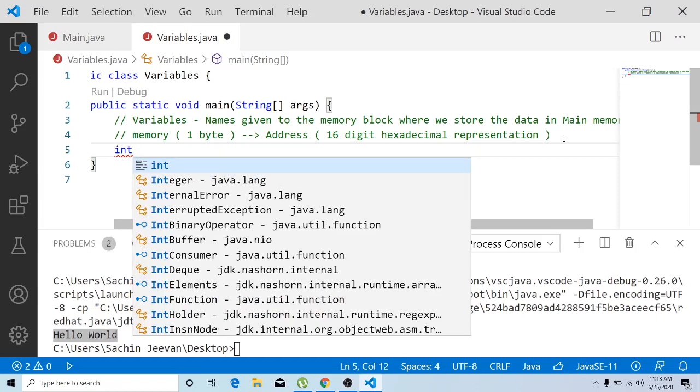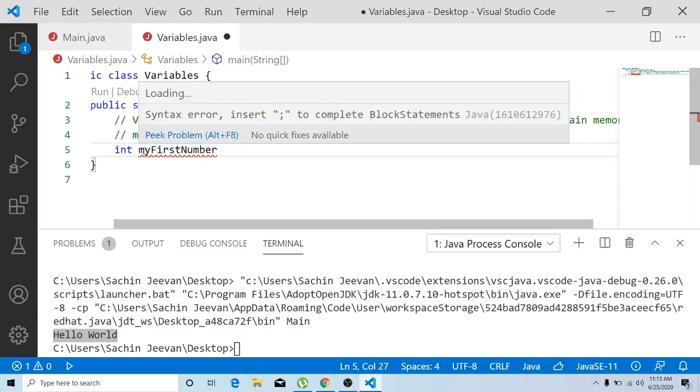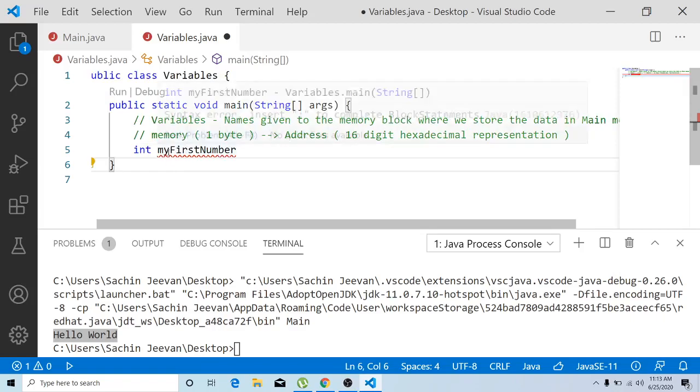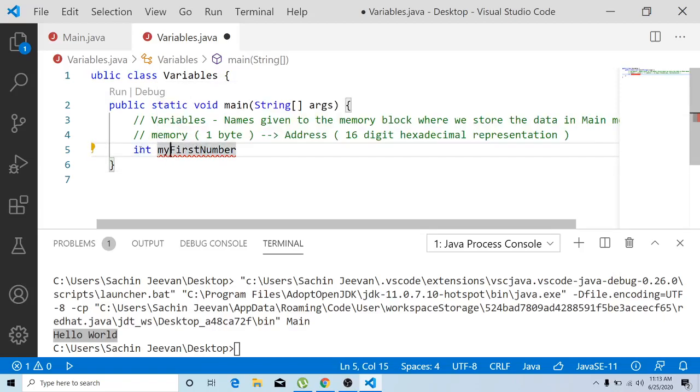Using this keyword, you can define a particular variable, for example, my first number. So int is a keyword used to define that a particular variable has the ability to store a certain kind of data. This is a variable which is capable of storing an integer value.